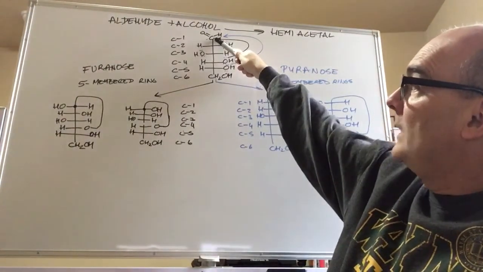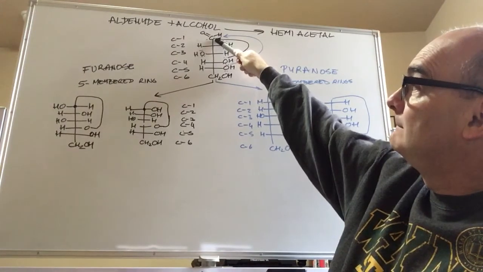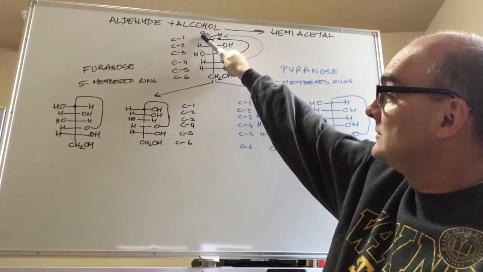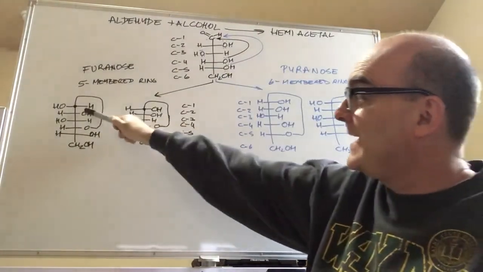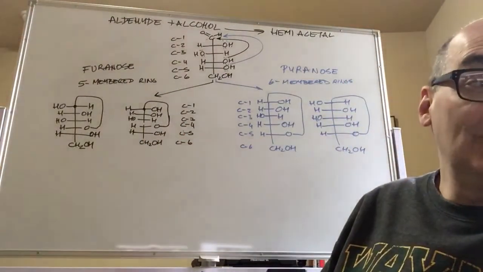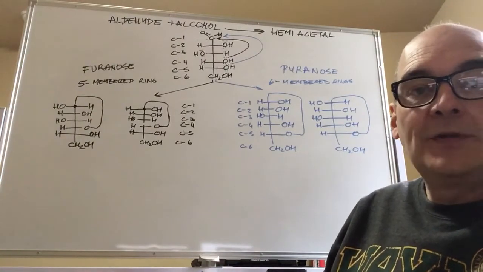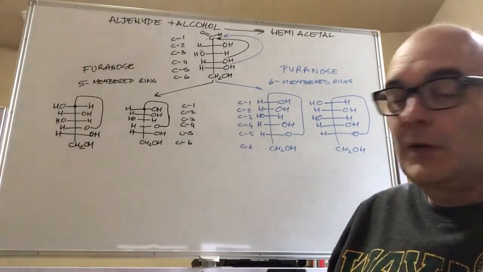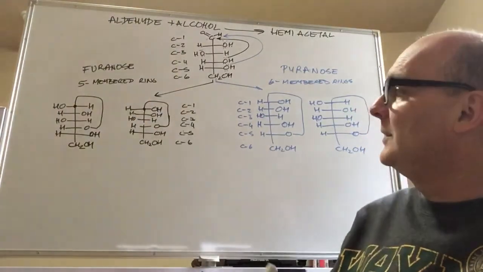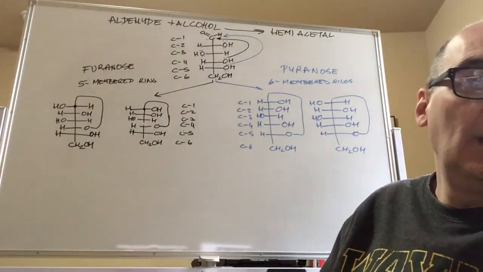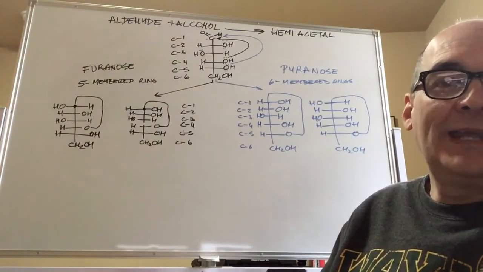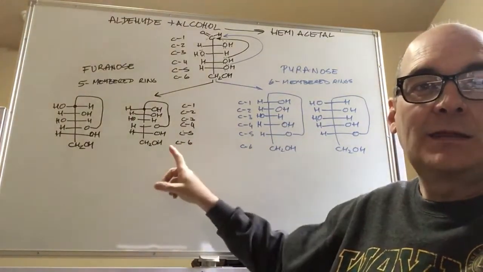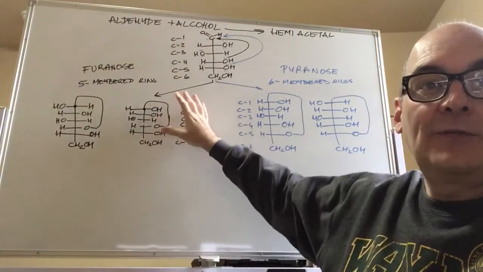Here, when it's an aldehyde, it's bonded to oxygen 2 times. When it's a hemiacetal, it's bonded to oxygen 2 times. All the other carbons are bonded to oxygen 1 time. Okay, that makes that carbon special. And when we are given the structure of a sugar in anything other than a Fischer projection,